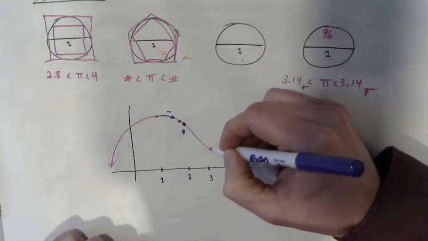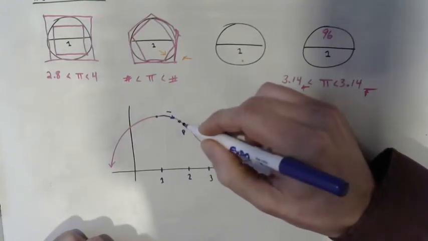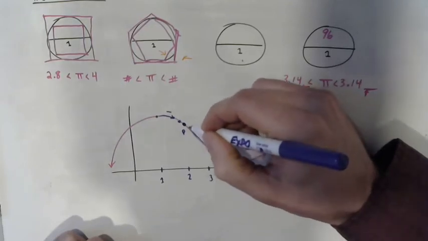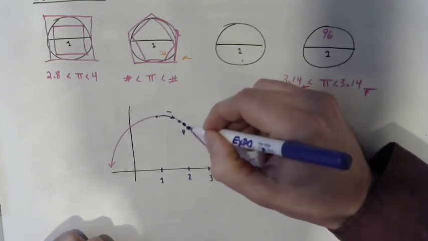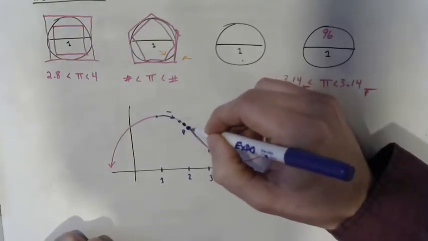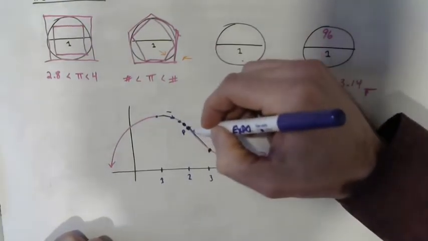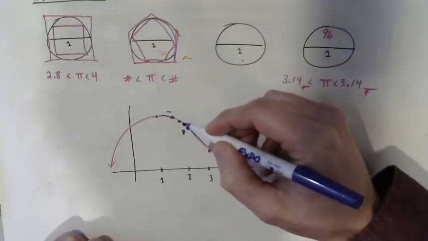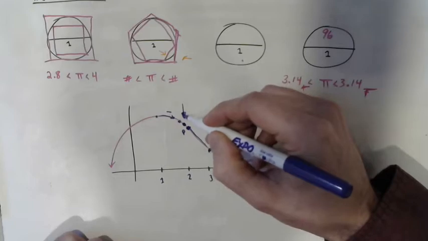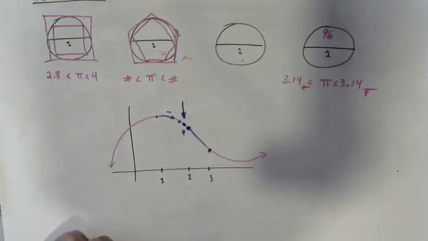We could start at the interval from 2 to 3. Well, that wouldn't be that accurate, so we can bring this point closer and closer and closer, and we would approach the instantaneous rate of change from the right. Now, if we do it from the left and we do it from the right, and we find the limit in between those, then we've found a really good estimate for the instantaneous rate of change.